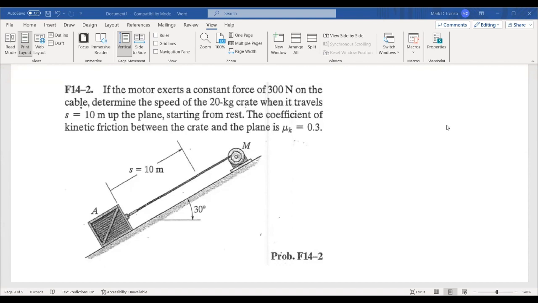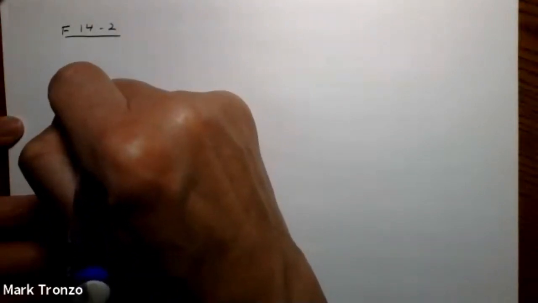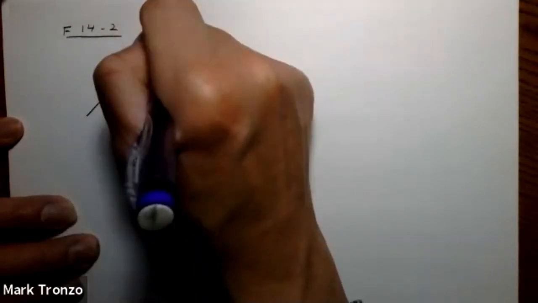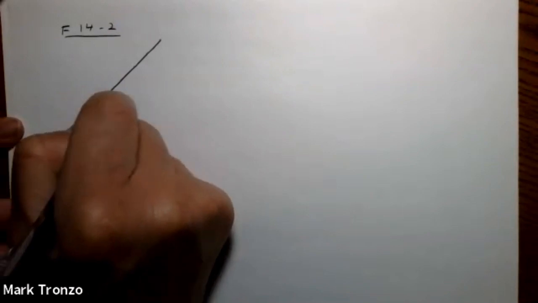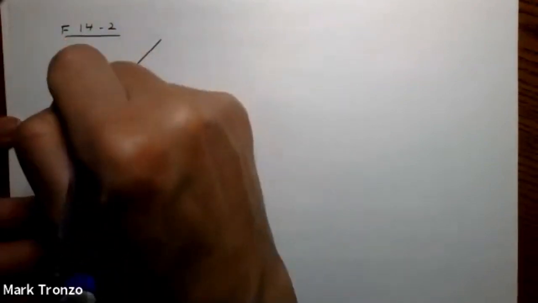The coefficient of kinetic friction between the crate and the plane is 0.3. 30 degrees,